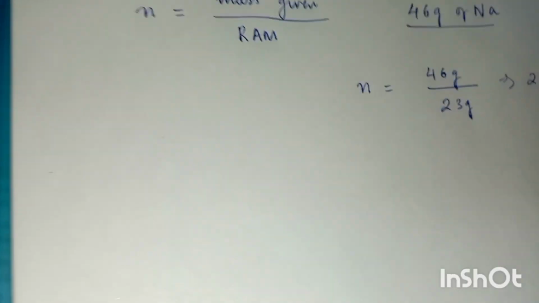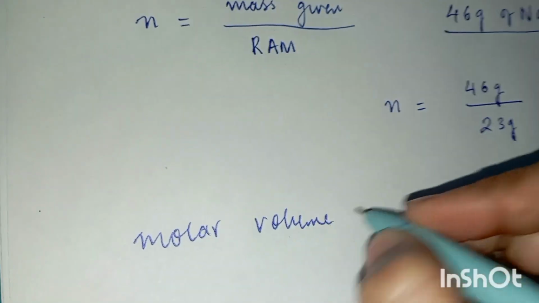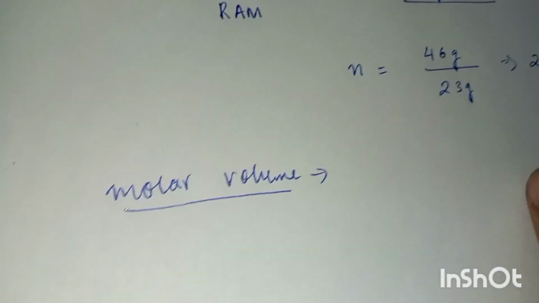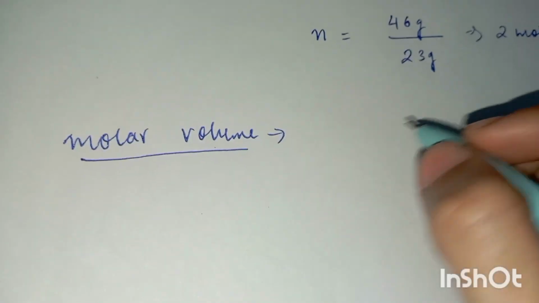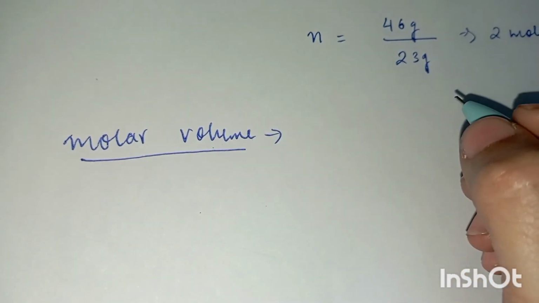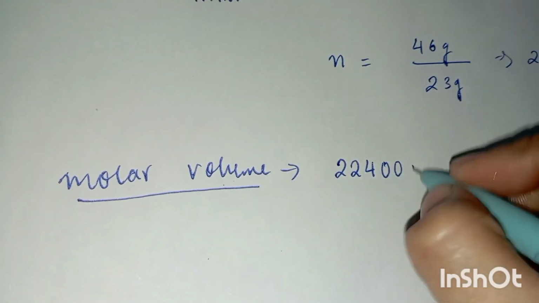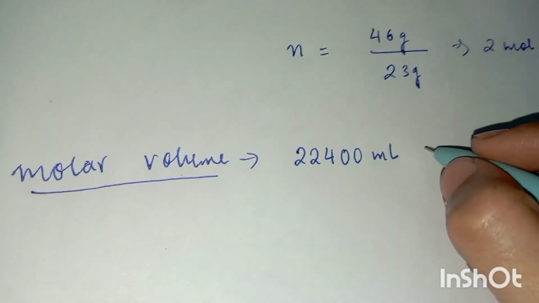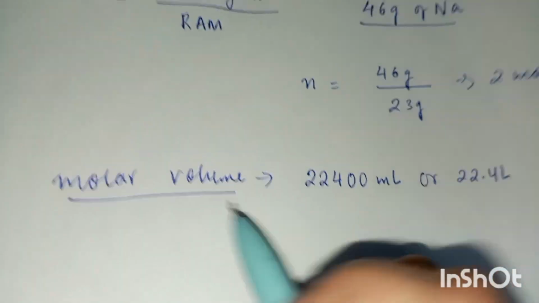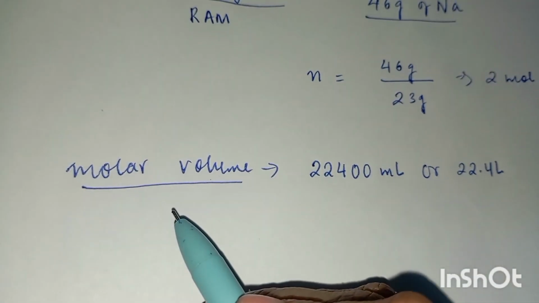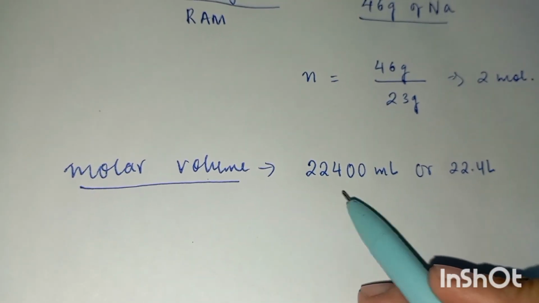Okay, now what is molar volume? Molar volume is the volume occupied by 1 mole of any gas at STP. Okay, volume occupied by 1 mole of any gas at STP, and it is always equivalent to 22,400 ml or 22.4 liter. Okay, this you have to learn. Molar volume, that is the volume occupied by any gas at STP, standard temperature and pressure conditions, is 22,400 ml